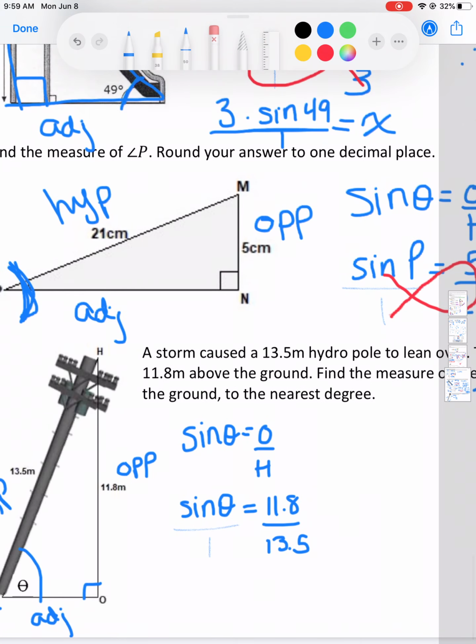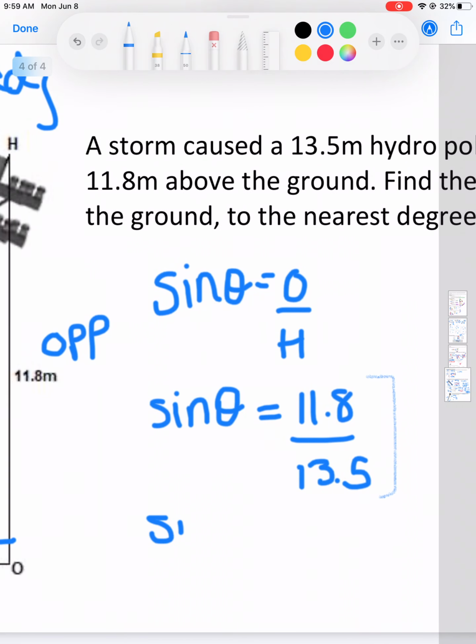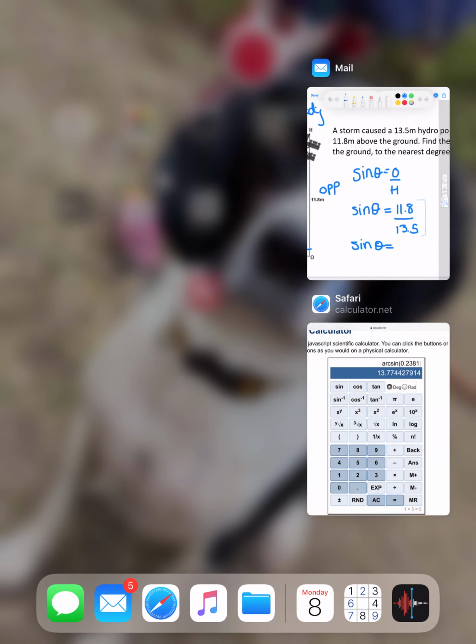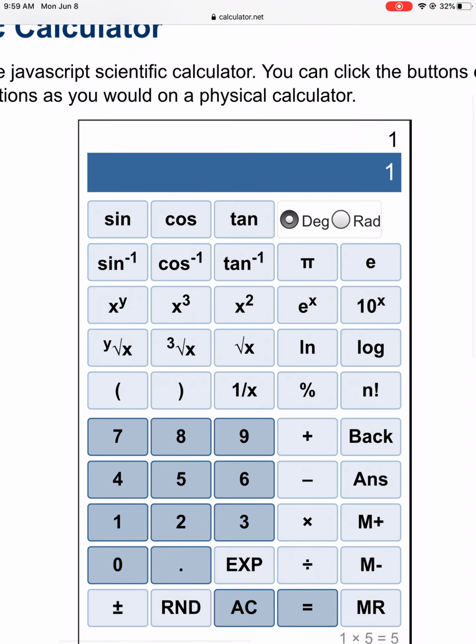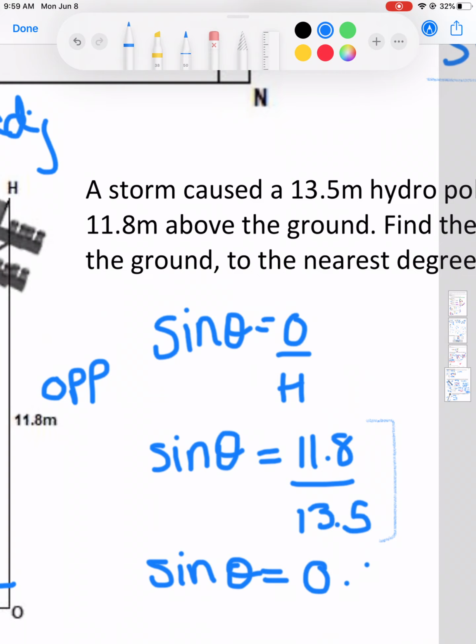Actually, I lied. We're just going to solve for this first. We don't have to do fish. So 11.8 divided by 13.5 is 0.8741. 0.8741. Okay,